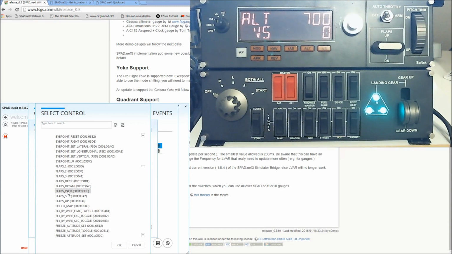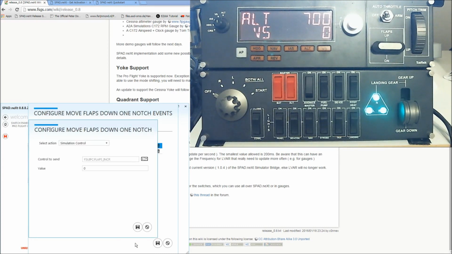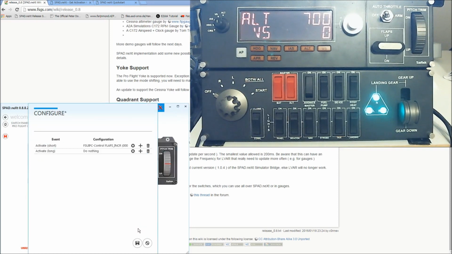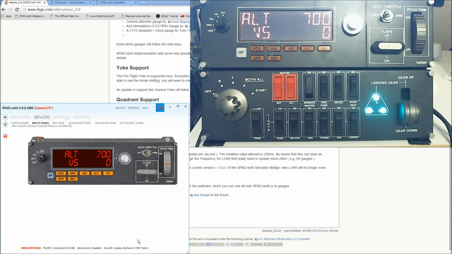When you're putting flaps down, you're actually incrementing your flaps, you're extending the flaps, and when you're bringing them back in, you're decreasing them, decrementing them if you like. So for increase, flaps increase, we need that one there. Okay, that's all well and good. Click on save, save again. We now need to click on flaps up